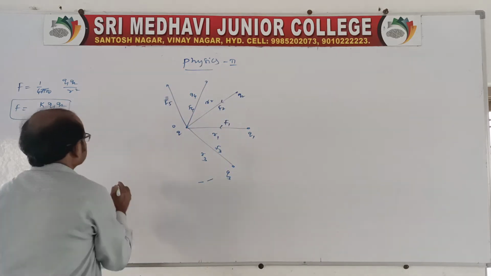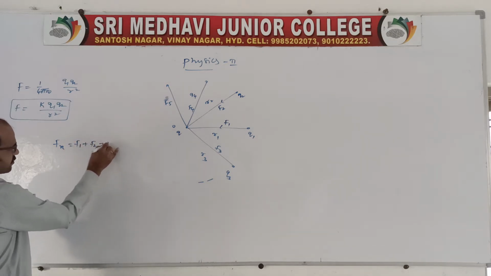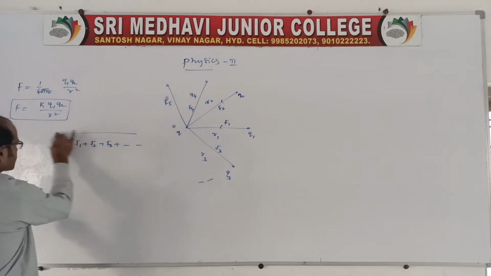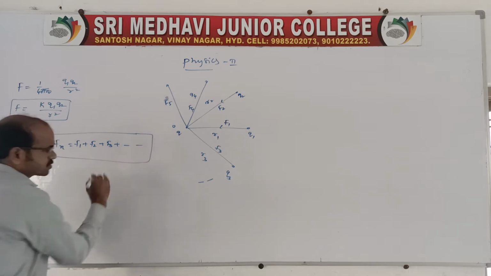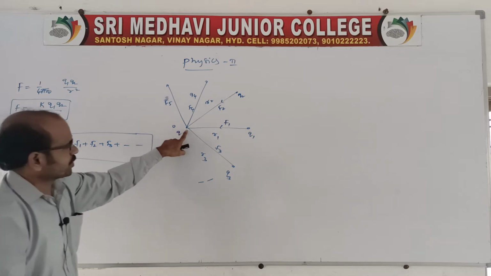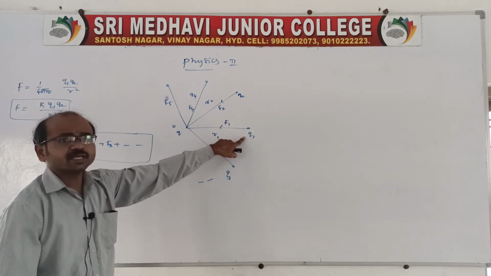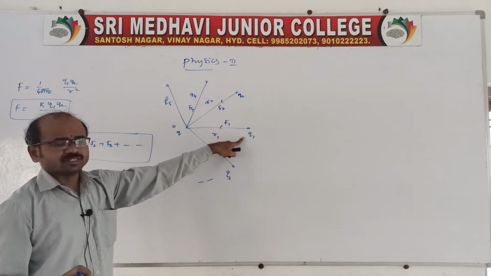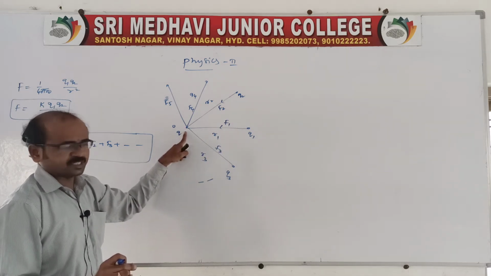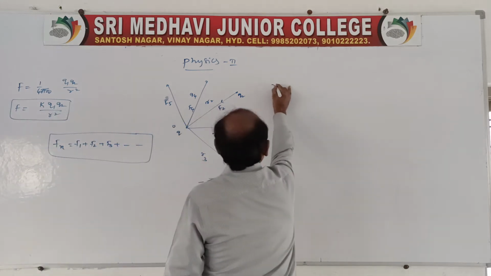The resultant is represented as, we can say, F net, or net force, F1 plus F2 plus F3 plus and so on. This we can say is the principle of superposition, because forces are acting simultaneously at a point O. See, the forces due to individual charges are acting, so here we should add all the forces which are acting at point O. This we can say is the net force or resultant force. Now let us write. See, due to